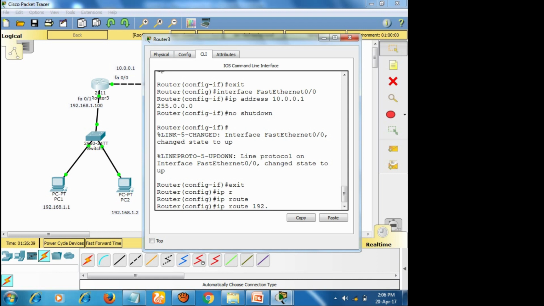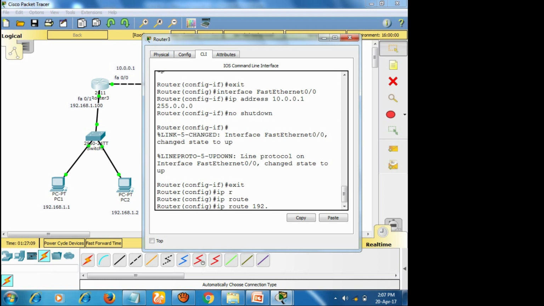That is the next hop address, which tells where the network is. If you go right, you will reach one place; if you go left, you will reach some other place. Likewise, you need to mention which direction to go for reaching the destination address. Those are the three pieces of information.